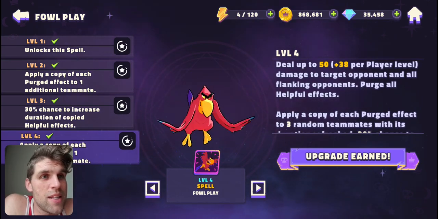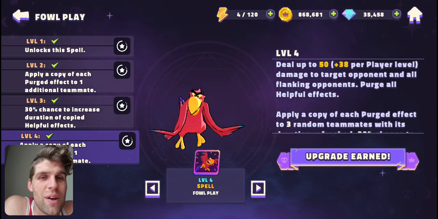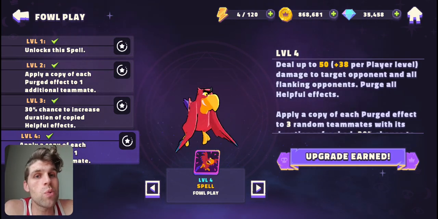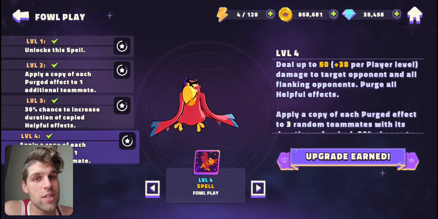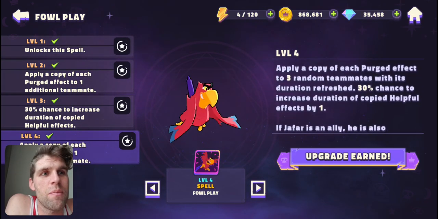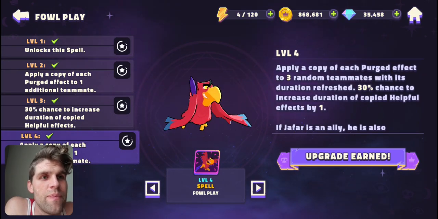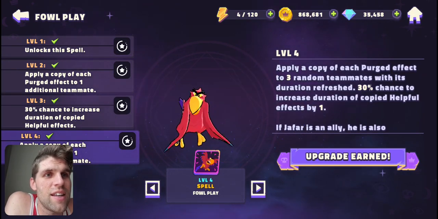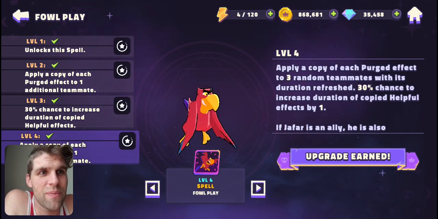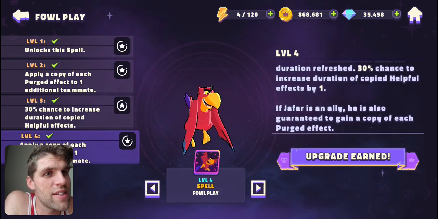He does a decent amount of damage, so 50 plus 38 per player level. So that is actually very, very good damage. He only swoops down along one line. It is not a mass AoE, and he can purge all of their stockpiled effects, and he can give it to your characters, which is amazing. So that is great. Oh, if Jafar is an ally, he can also